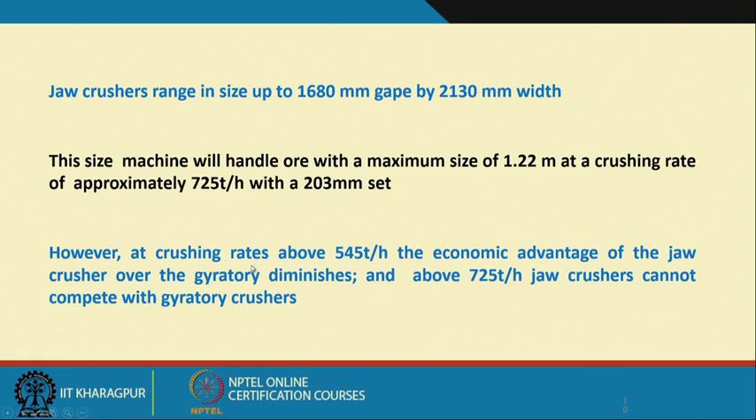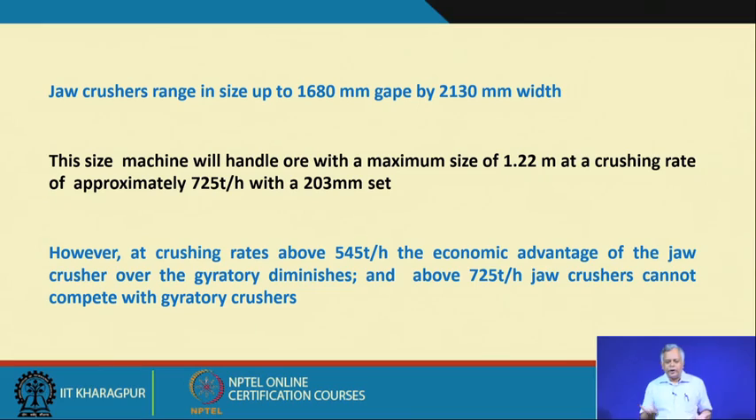However, at crushing rates above 545 tons per hour, it has been shown by many researchers that the economic advantages of the jaw crusher over the gyratory crusher, that is what we are going to discuss next, diminish, and above 725 tons per hour, jaw crushers cannot compete with gyratory crushers. That means, when you need more productivity, then probably you have to switch over from jaw crusher to gyratory crusher,